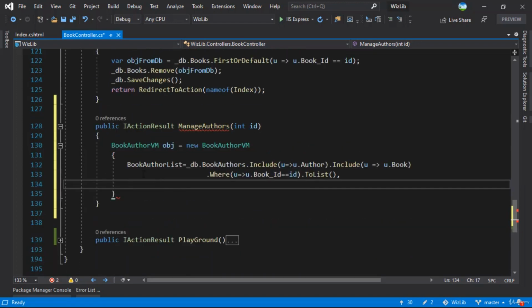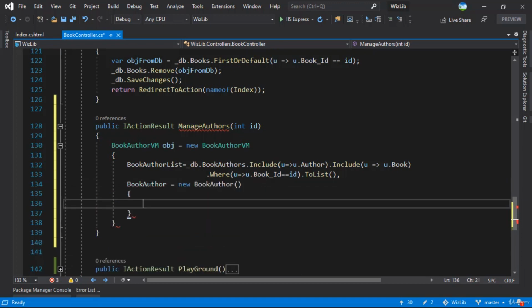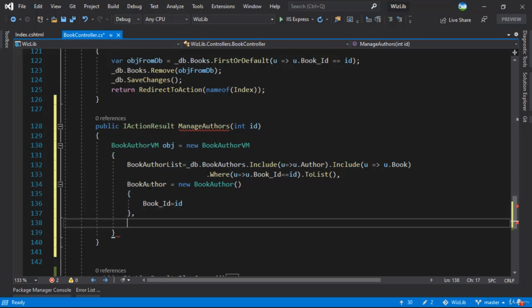So first thing, we have the book author list right here. After we have the book author list, then we just want to create a new book author. So we'll create a new book author and in this record we'll assign the book ID. This will be the ID of the book that we are working on right here. So we can just assign that to our book author. Then in here we want to retrieve the record for the book. So we'll say